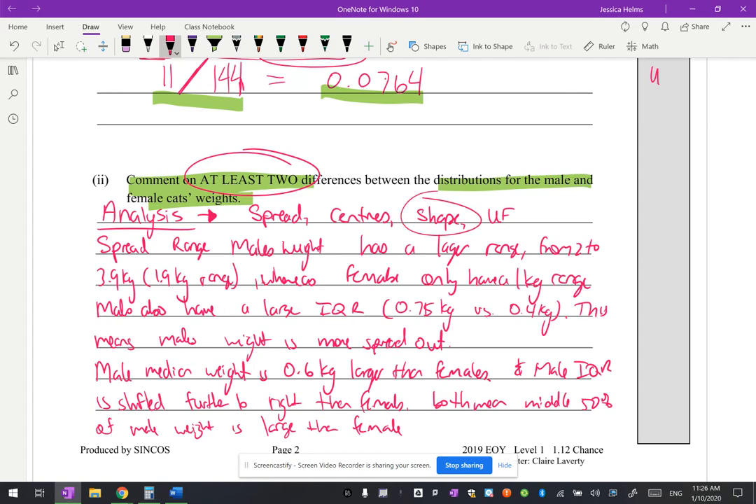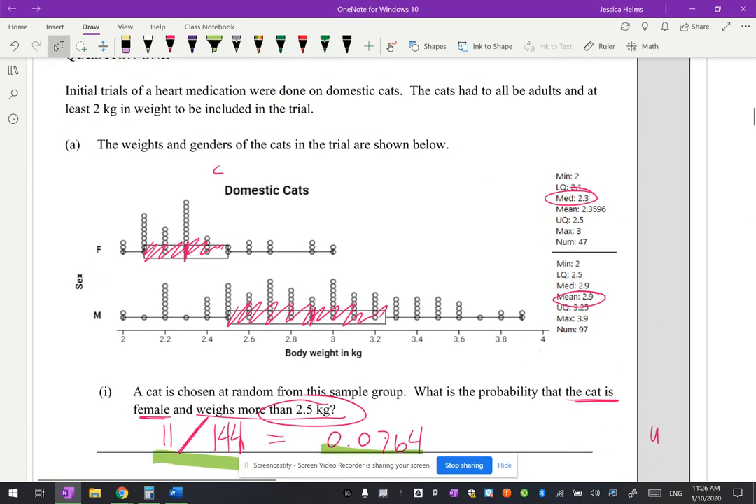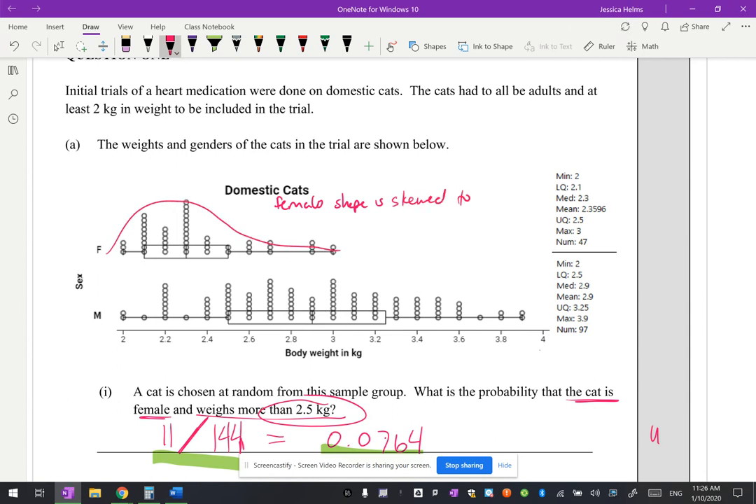Let's just quickly talk about the shape as well. I might write it up here just to give me some room. If we look at the shape of the females, it's skewed, isn't it? It's skewed to the right. So it's pulled out in this direction with a cluster. There's a cluster here between 2.1